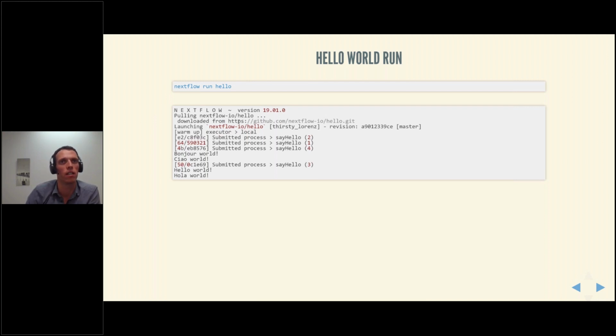So what we get is that the process is executed for each of the inputs. So we've got that many tasks, 4 different tasks. Each is saying our hello world, and that's it. And you might notice the little hashes that are generated here. We'll come back to those in a moment, but it is quite useful then for debugging and seeing how things are done under the hood.